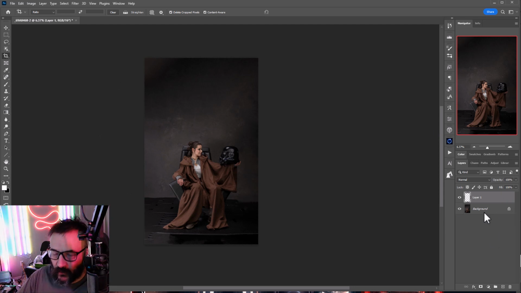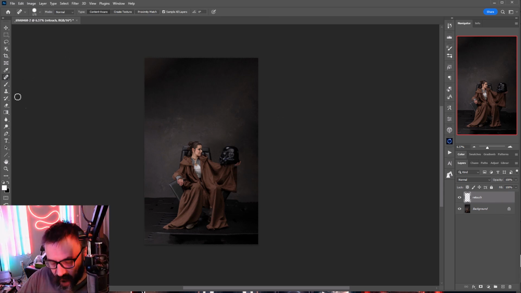Most of the time, and I don't know how many times since 1994 that I've worked with Photoshop, only a handful of times did I need to go back to the original, and most of the time not. And again, you can save the original, you still have it in your RAW, so you don't necessarily need to worry about making copies of the background. However, retouching and all the effects that I'm going to do right now, I'm doing non-destructively on a new layer. Okay, we'll call this retouch, and we're going to